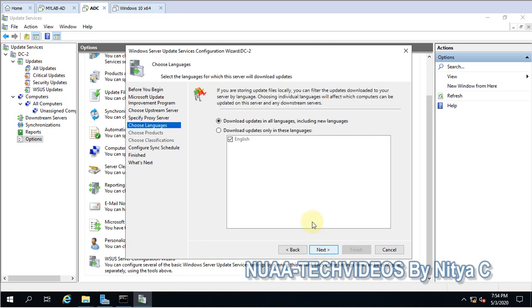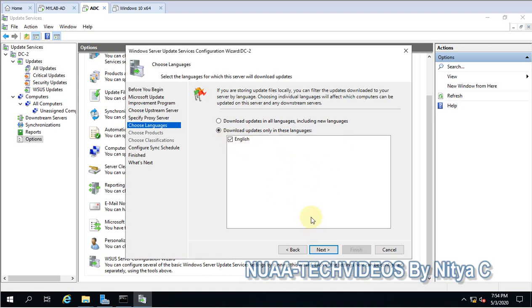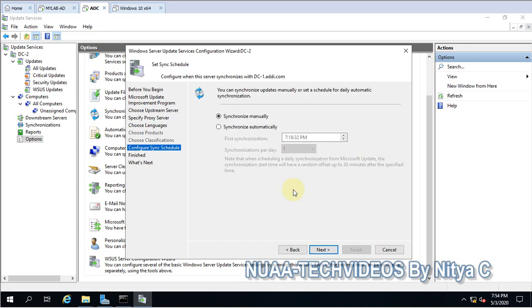Now we have to click on next, and here we have to define the language. So English, that is fine because the parent or upstream server also has the same language. Then click on next, and here you have to set the synchronization schedule.